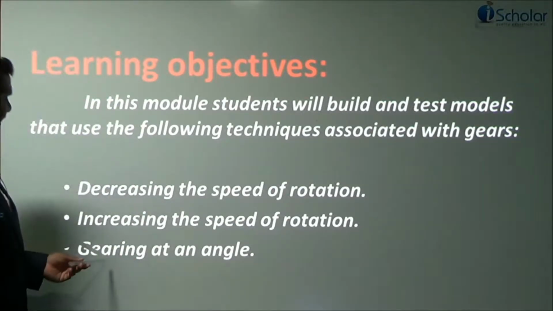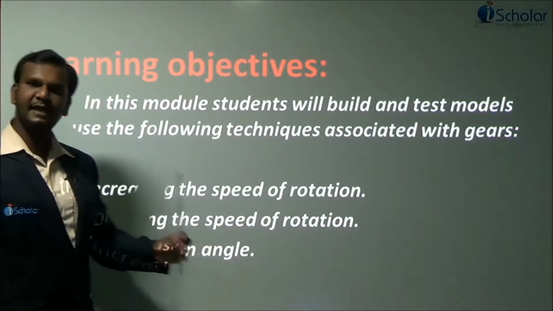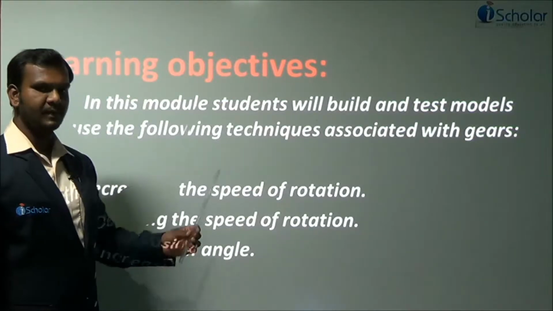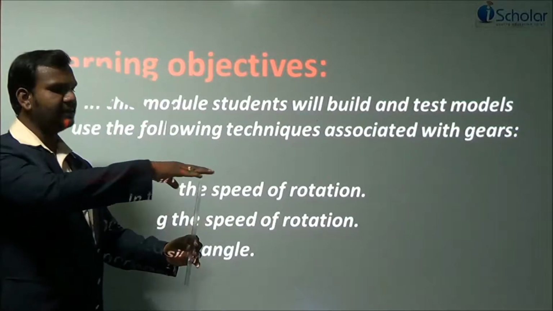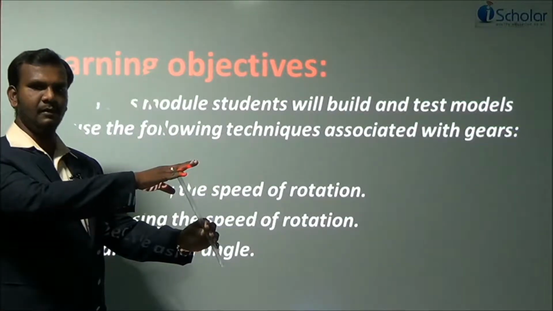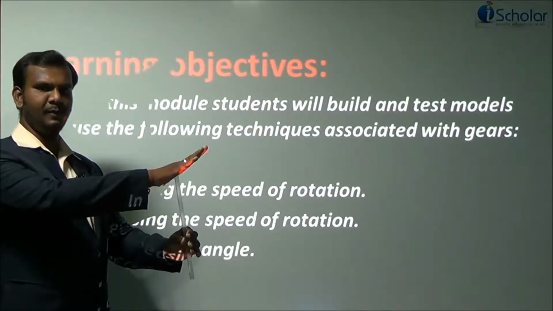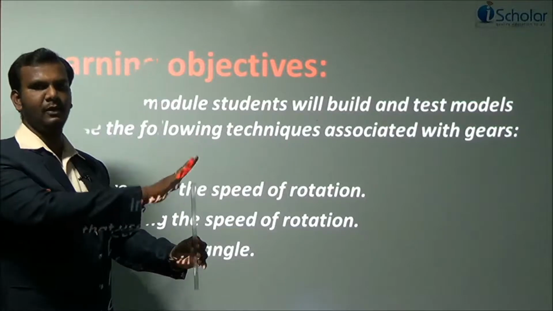Fine. And gearing at an angle. Sir, what do you mean by gearing at an angle? See, the gear is an innermost component of our module, and say this is an axle. Gearing at an angle implies, say, if you want to shift this particular position from a particular direction. So the gear will be like this and you will be sitting in this particular manner. That is gearing at an angle, and you will be rotating in this way.